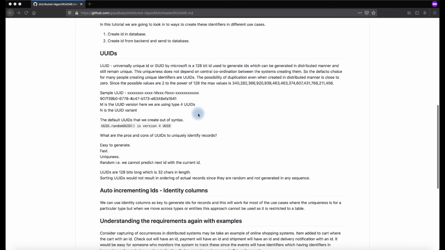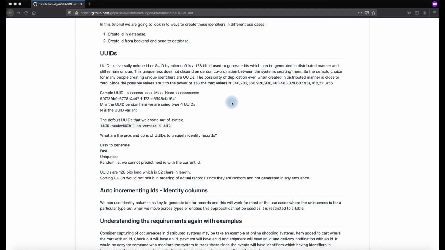The other thing, when we think about ID generation, what suddenly comes to our mind, apart from identity columns, is the universally unique identifier, which is widely used. In Microsoft terms, it is called globally unique identifiers. Many a time people will use this UUID as an identifier to persist records. We also might not know what is happening behind the scenes with UUID.